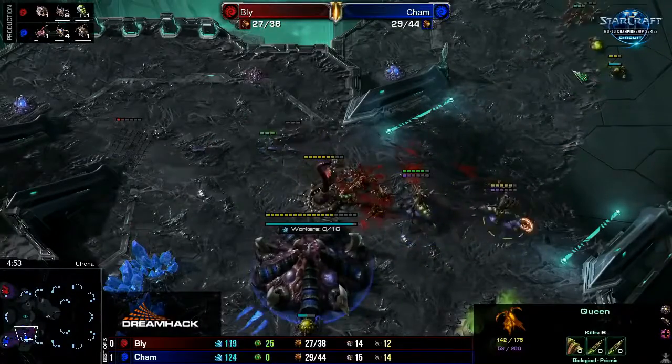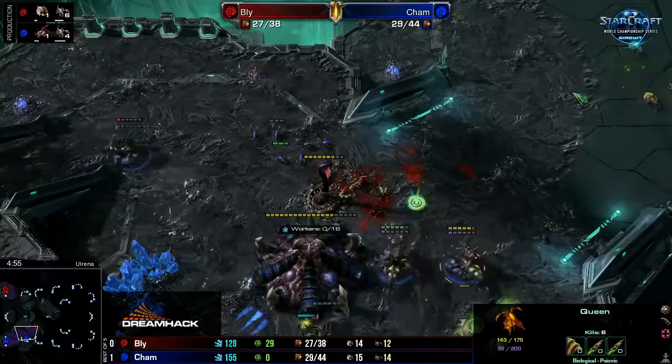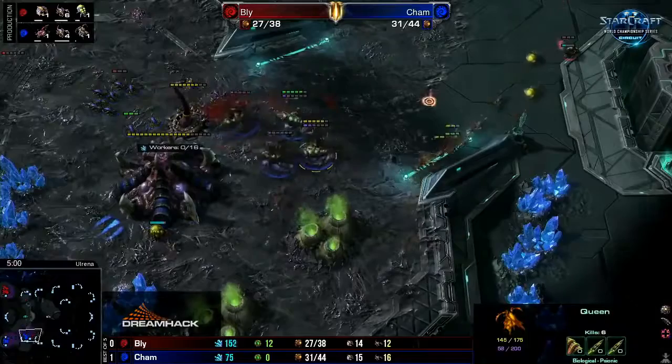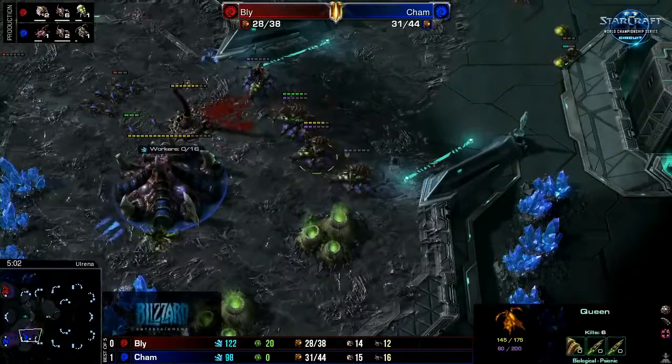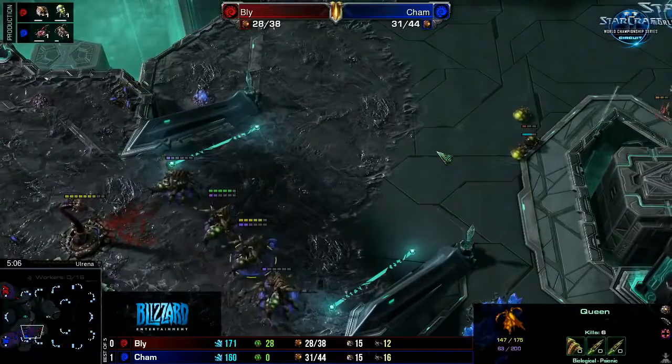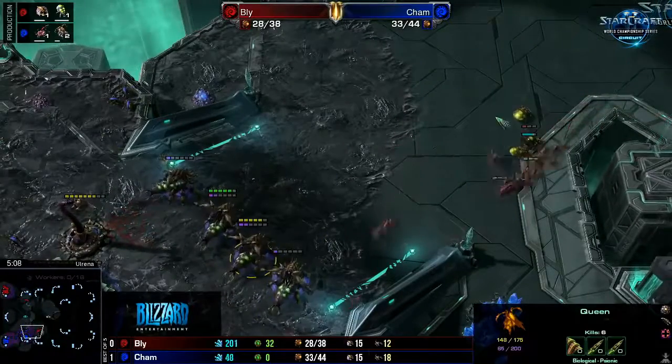Finally, a Queen goes down, and I think that's about it. We see a drone on the production tab for Bly. I mean... It's like he needs that 15th drone, man. That drone... Now 2 drones. Those drones are the white flag drones. It's still like, okay, you held. I'm going to try option B, but this...